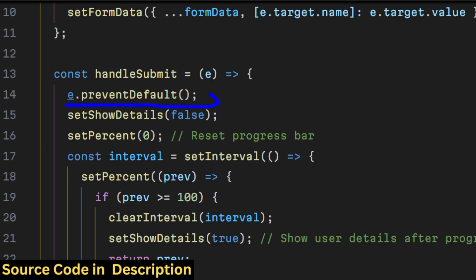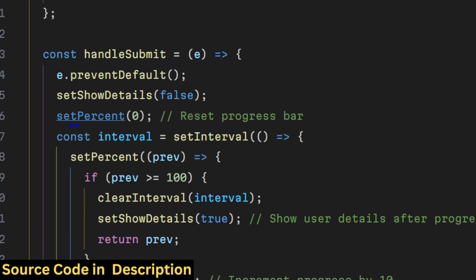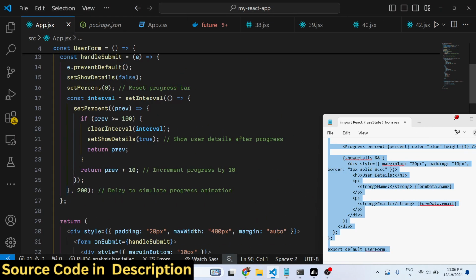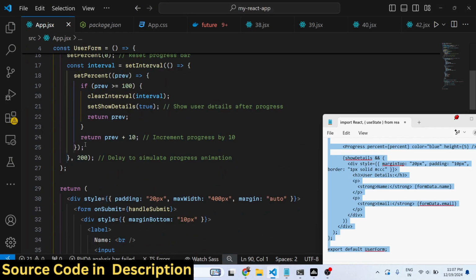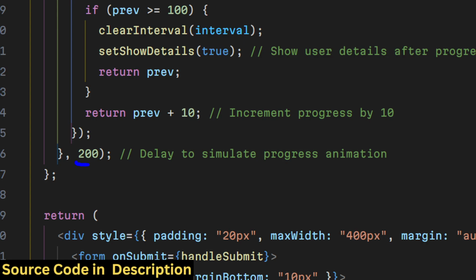Here we are preventing the auto submission, and then we are setting the progress bar percent to 0, starting from 0, and then executing a set interval function to have a delay. We are incrementing the progress bar from 0 to 100 in about 200